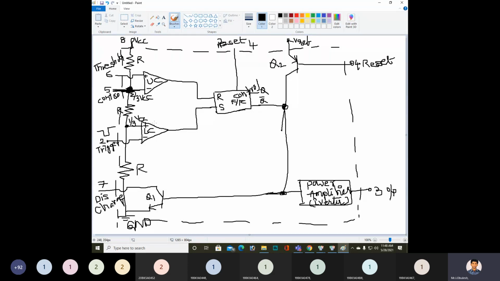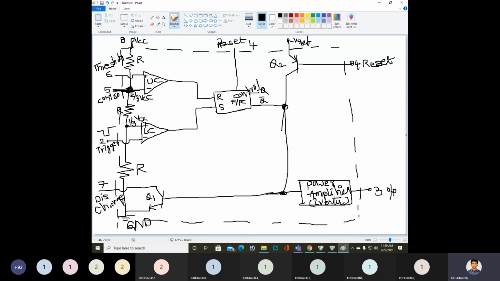So here you need to apply the voltage divider rule. If you apply the voltage divider rule here, we have 2R, right? R plus R is 2R. Yes or no? This 2R into VCC by 2R plus R. Then what will we get? We'll get 2 by 3 VCC only. If you apply the voltage divider rule here, we get 2 by 3 VCC.